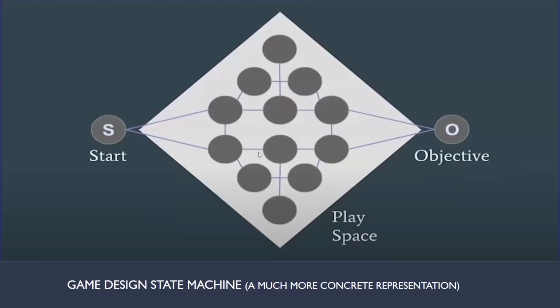And a much more concrete representation of this game design would be that there are multiple ways to play a single game to achieve a similar objective. A good game would be one where, when the game is played, there is no single best optimal way to play it. You can either speedrun through it, or you can play it at your own leisure, and there are a lot of parameters for this as well.